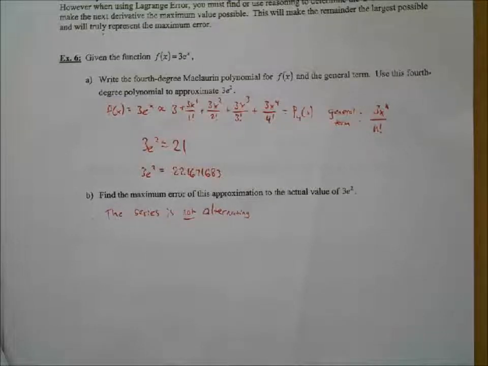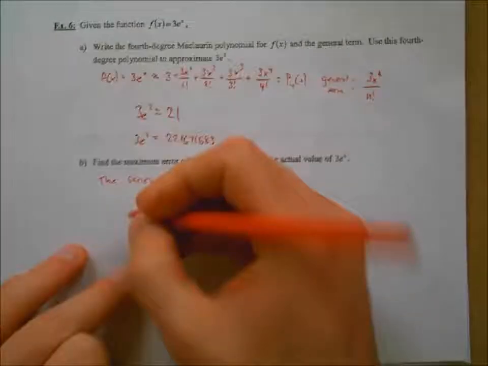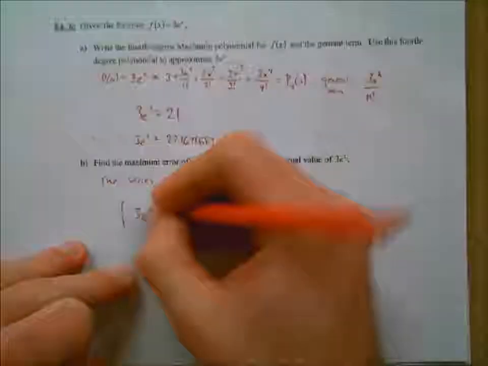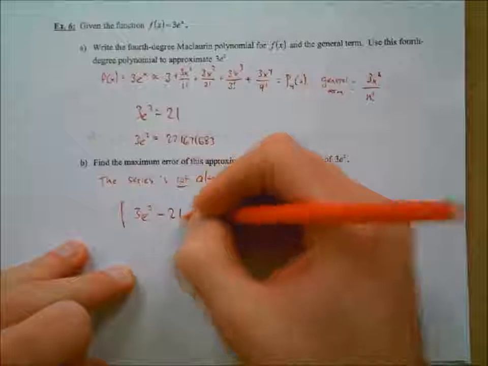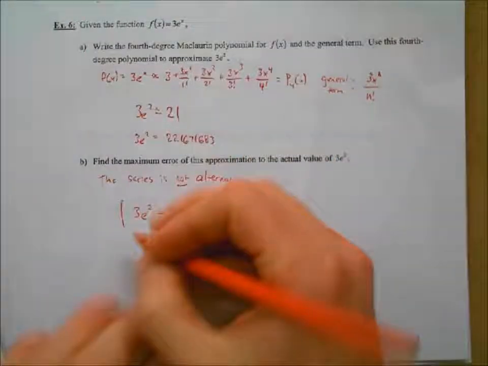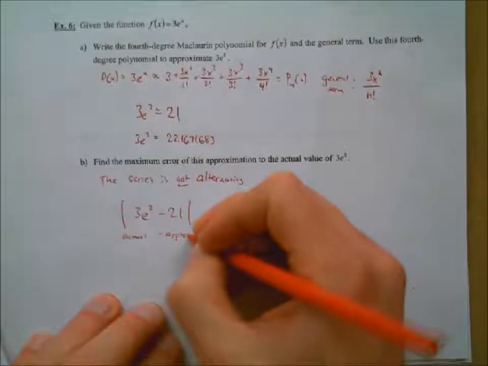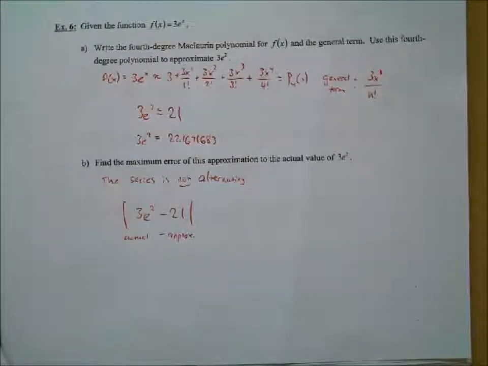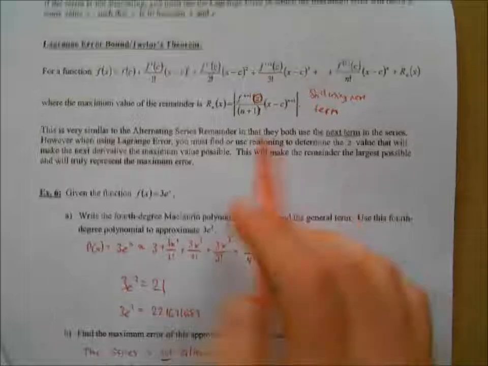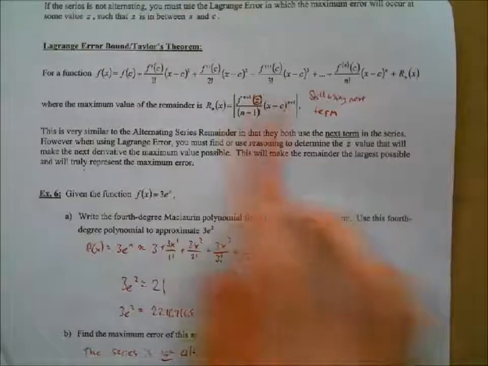Okay, so our setup here, well, the setup's going to be very similar. We're going to take, again, what the actual value is and subtract the approximate. So actual minus the approximation. And according to Taylor's theorem or Lagrange error bound, however you want to call it, that should then be